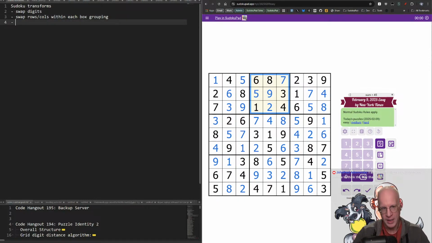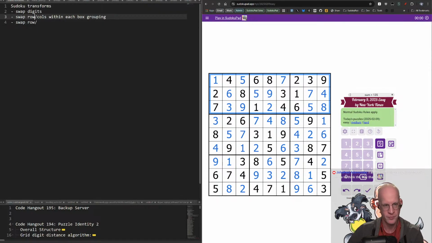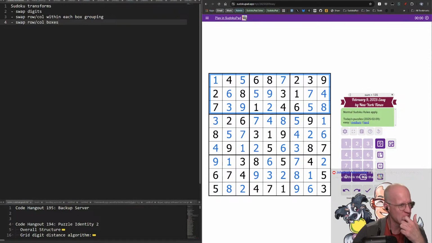Right. And finally, I think we can switch these 3 rows with any of the other 3 rows, right? So we can switch the box rows and the box columns, right? So in other words, we can switch these 3 boxes with any of the other 3 column boxes, and the same for the rows, right? And these can go to the bottom 3 or the middle 3, right? So you can swap row and column boxes, right? I think that's it, and then we have